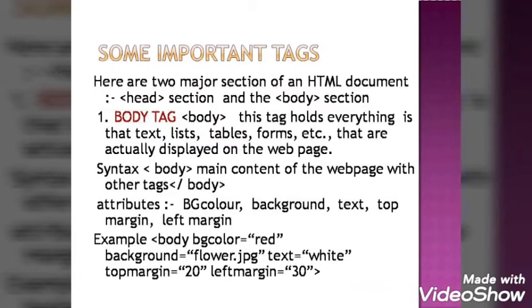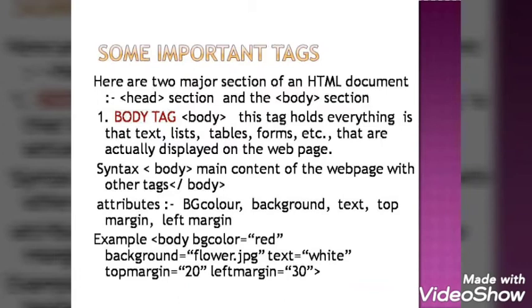Okay, how to add attributes? Again you can see the example. Under body we are working, so under the bracket body will come. Background color, that is BG color, equals to sign I told you. Then under the inverted commas we will give the value of the attribute. What is the value of background color? We want it red, so we will put red. We want an image file of flower, you can put it equals to flower. You want the text color as white, margin, whatever attributes you want you can add here and you can close the bracket. So like this we can use body tag.